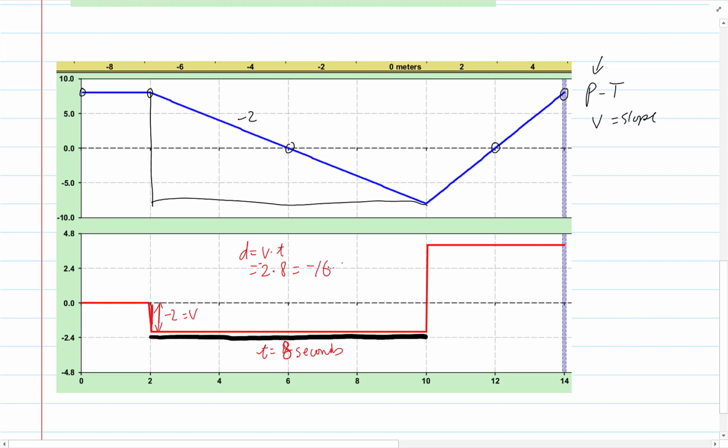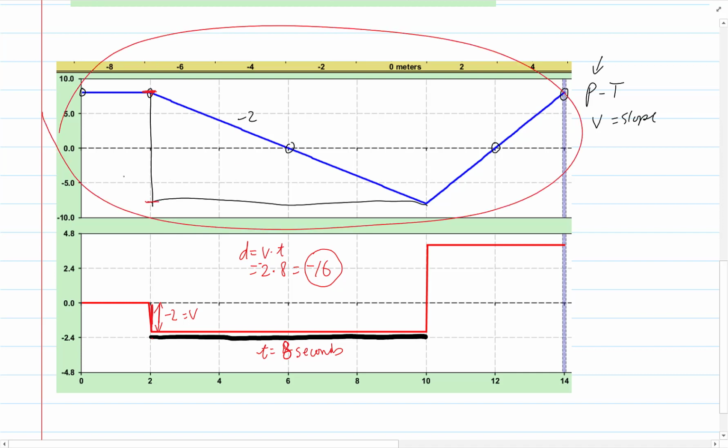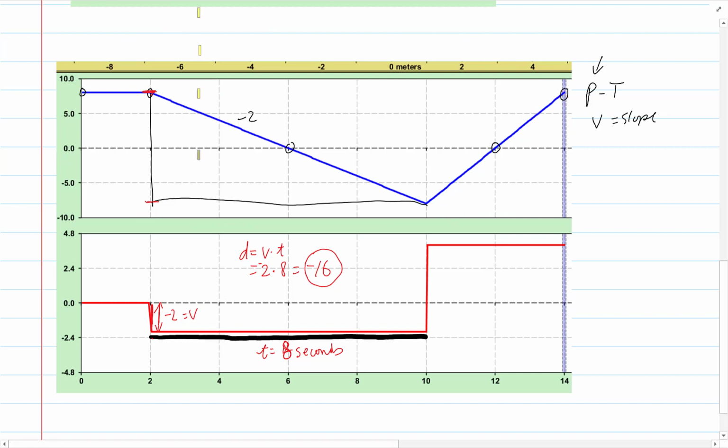Actually, it was a -2, right? So you could get its displacement as -16. And we know that because it started off at 8 and went down to -8. But if we didn't have that blue chart, we could still look at this red chart and go, I could take the velocity and multiply it by the time, and I can get the displacement. And if you're into geometry, you'll see that this area here